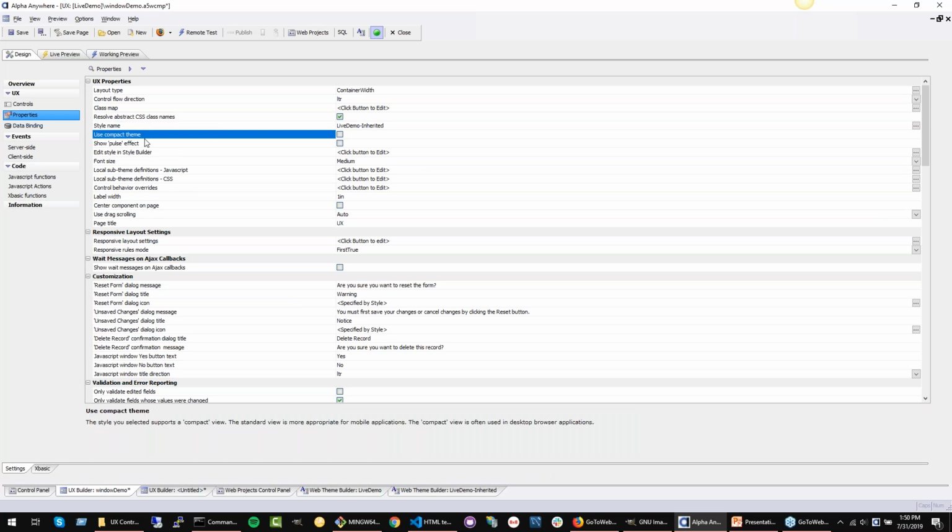You do have edit style builder, you do have the compact theme and the pulse effects. Those can be turned on here. These are only available if a class name named compact and a class name named pulse are in the theme. It might even be also only if it's based on the alpha theme, but this is now using that live